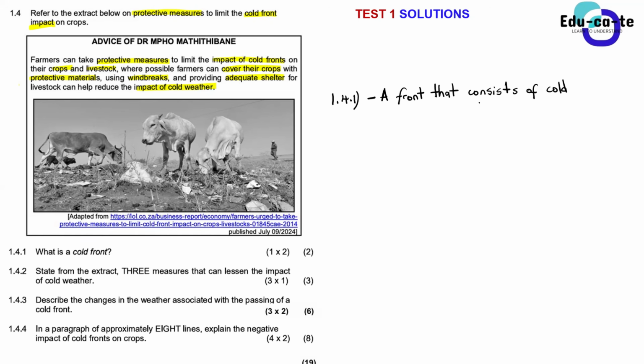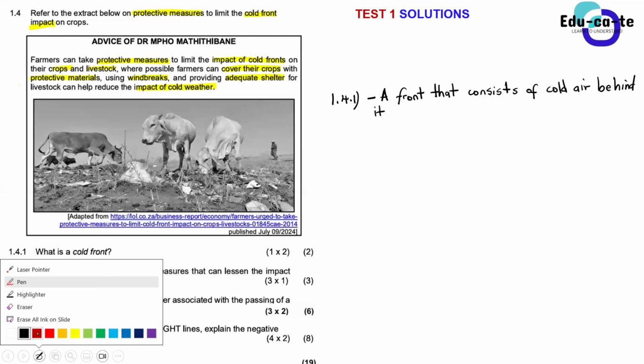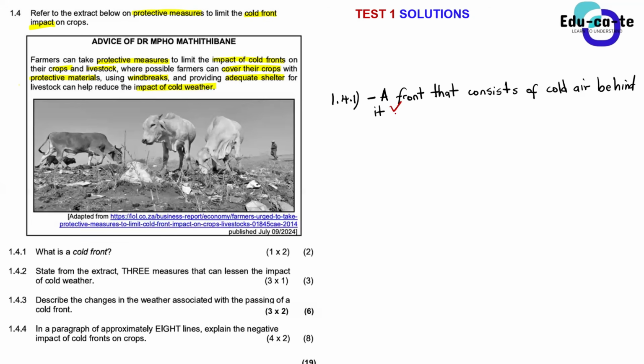Not the first one that you said, but yes, in simple terms, a front that consists of cold air behind it, or you can say it's a boundary of air that has got cold air that is undercutting some warm air. Yes, so that is more like anything around this context. Not that you guys should have a specific definition, that all of you should write one definition. No, we want to have the same context, as long as you guys are still describing the cold front that we know.